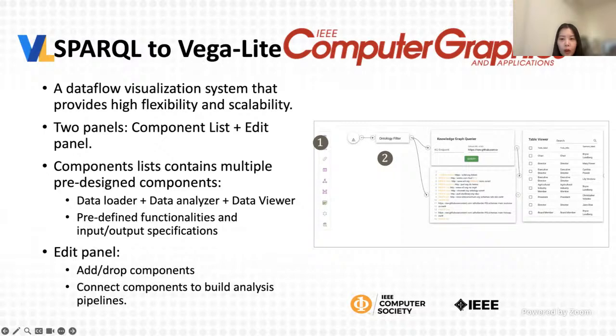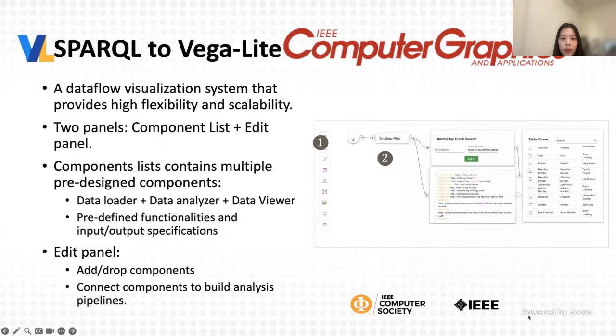Each component comes with predefined functionalities and input-output specifications, which make it easy to connect components and ensure smooth data flow. The edit panel is where users can add or remove components and link them together to create a complete analysis pipeline. This flexible system enables users to construct their own custom workflows for data analysis, while enhancing both efficiency and scalability.